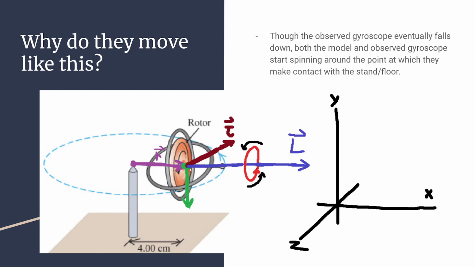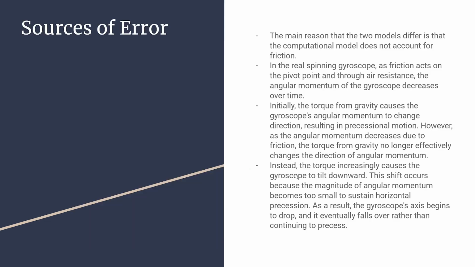As these two values are always perpendicular, all this torque from gravity is doing is changing the direction of angular momentum. So it's incrementally moving the angular momentum here, then here, then here, then here, then here, and all around. So all this force of gravity is doing is shifting the position that our angular momentum vector is at. The main reason that the two models differ is that the computational model does not account